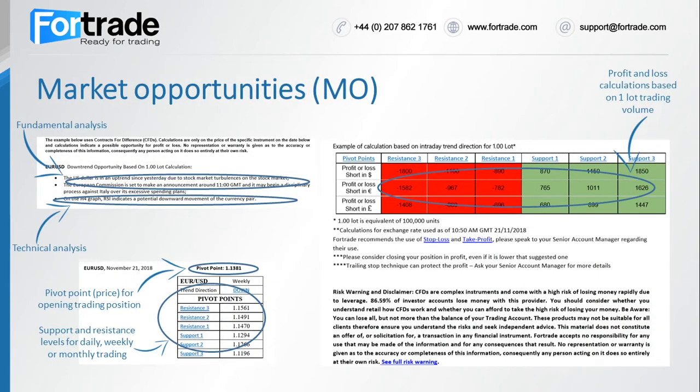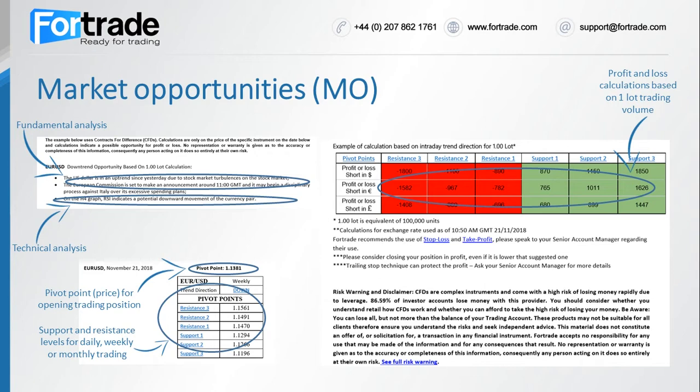So here is an example of a recent market opportunity. Here you can see fundamental analysis on what's going on with the euro-dollar currency pair. You can see that this is a downtrend opportunity over a weekly period, since our analysis suggests the euro would decline in value against the dollar. At the top, you can see some geopolitical events and fundamental analysis that can influence the euro-dollar currency pair. For example, the part on the EU and its disagreement with the Italian government over its budget, which has put